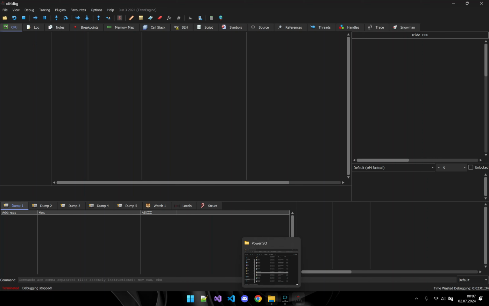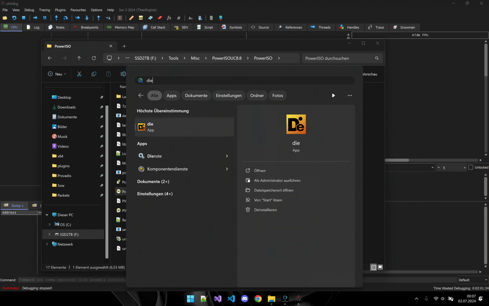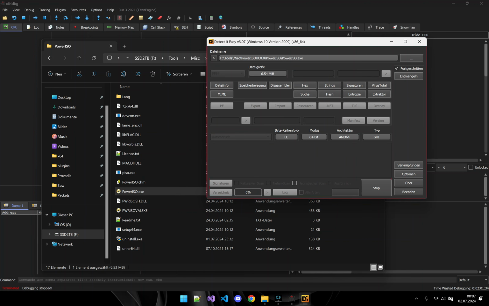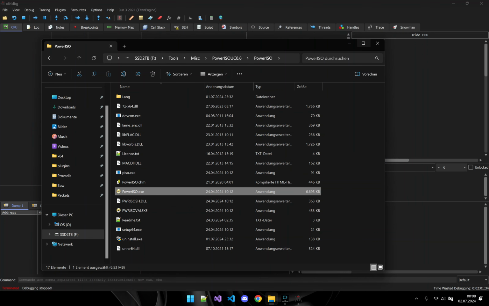First things first, always what you should do is drag PowerISO or the application you are going to reverse into Detect It Easy. It will show the most known signatures, and in this case we ain't got a signature at all. For any obfuscator, no VMProtect, nothing known, and you will directly notice if there's something strange going on in your executable. So we can close this out now, and it says C++, and what